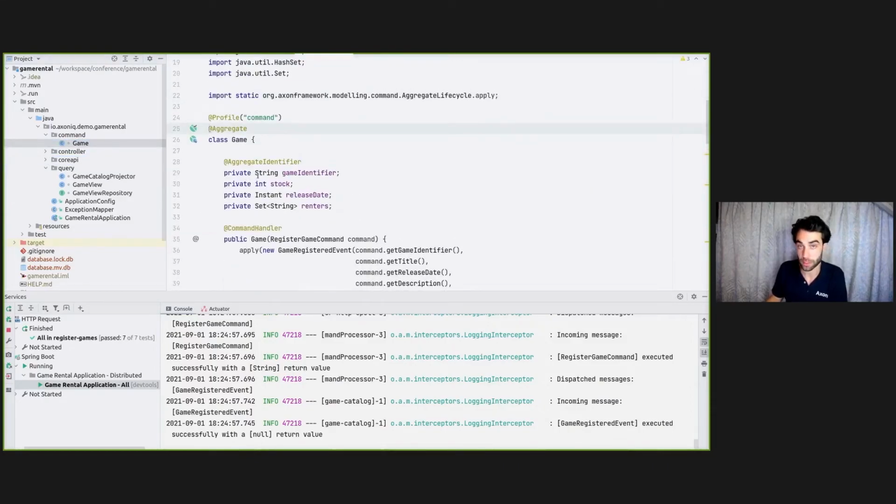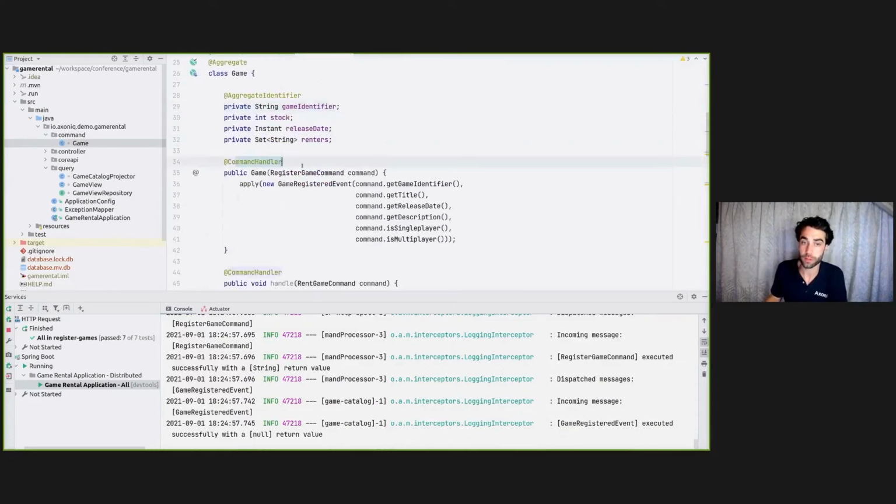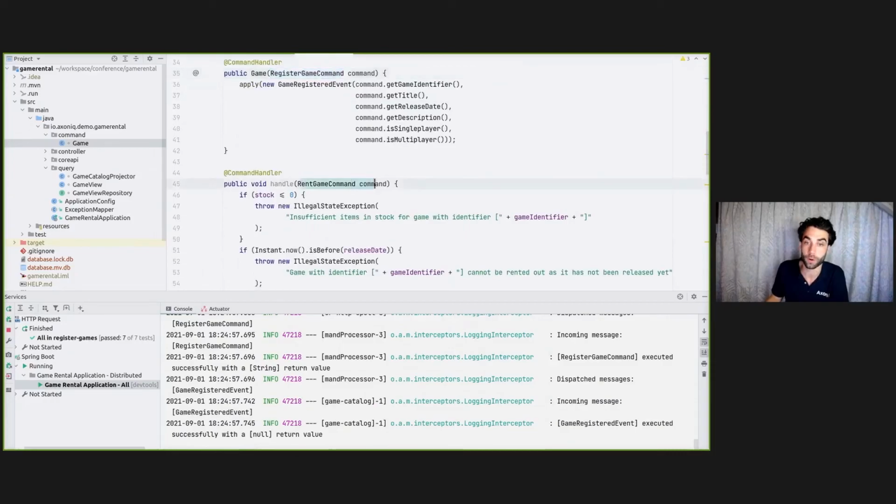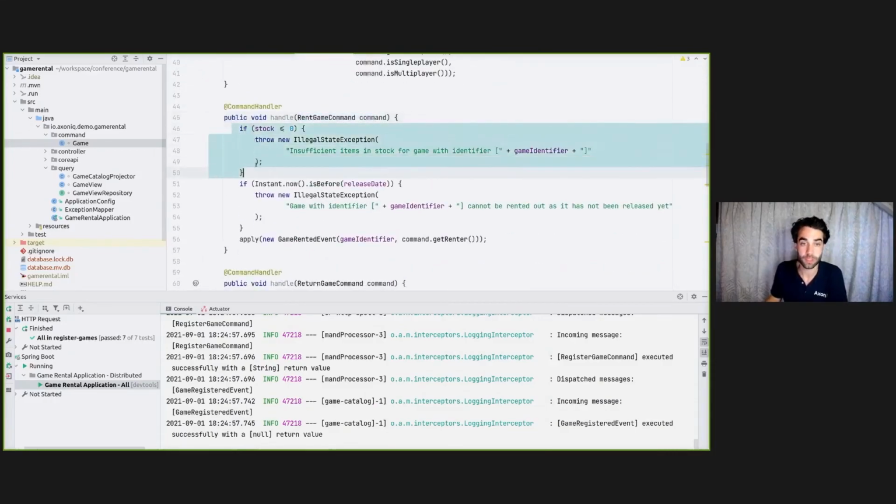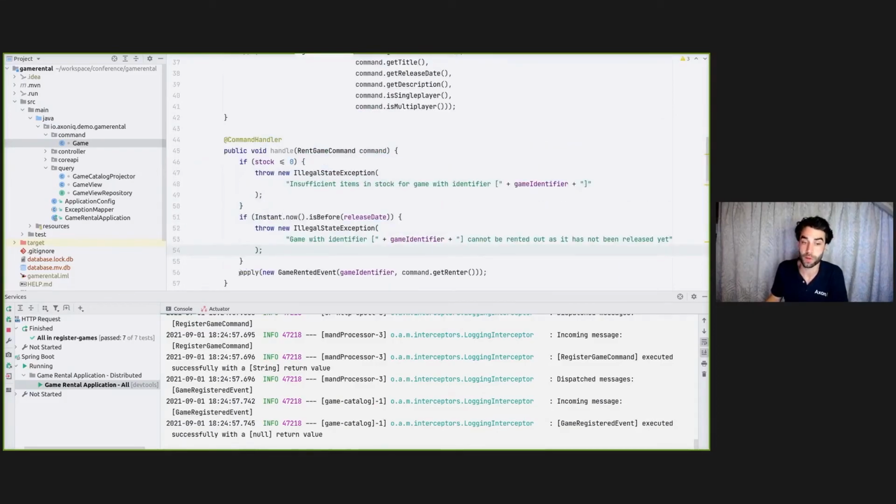So from Axon's perspective, the command model in this case is the game aggregate making the decisions if operations can be performed. So we have an identifier in here, some command handlers. So this is how the framework makes it work. You annotate a method with command handler. You are able to register game command in this case, or handle the rent game command in this case, where we see some business validation, because in this case we are doing some validation. And if it fails, then we throw an exception, and otherwise we apply an event,